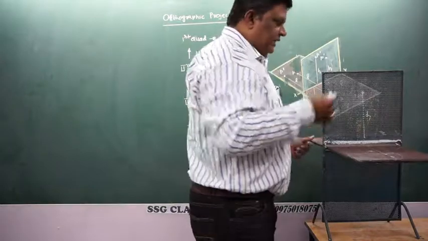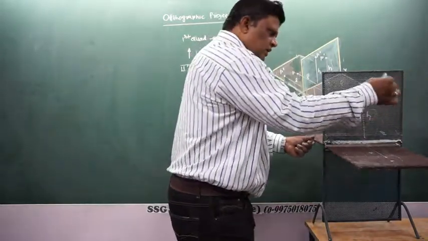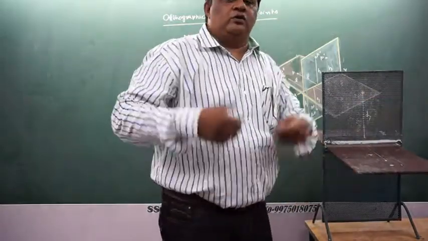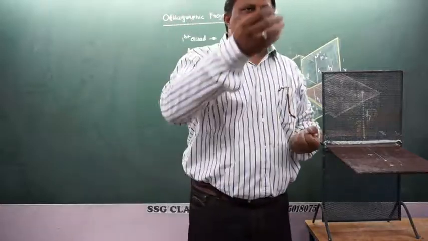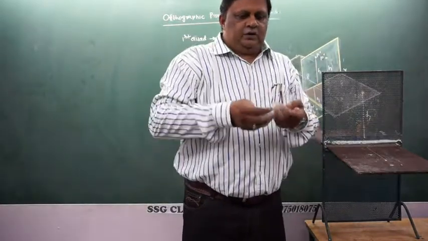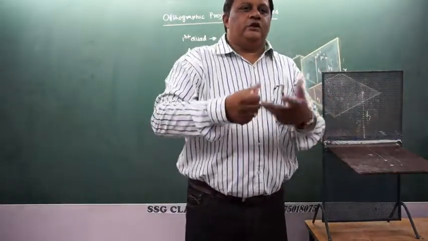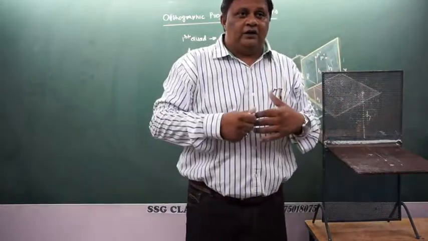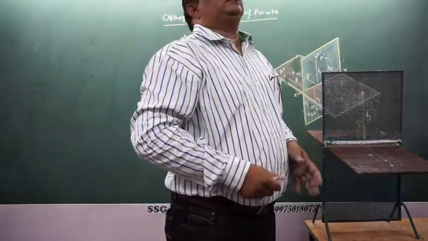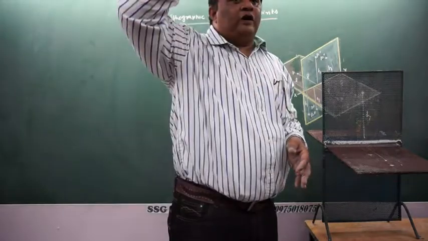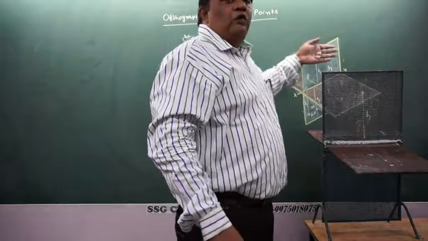Okay? Let's take another example. What happens if this point starts moving this way? Let's take it in a very simple way. Say you are standing on a roof, and one of your friends is walking in. Suddenly he or she finds someone from your place who is known to him, and they start talking. While talking, they are keeping one leg inside the door and one leg outside the door and just standing like this. So when you are looking from the top, how will it appear to you? As if they have gone into the wall.